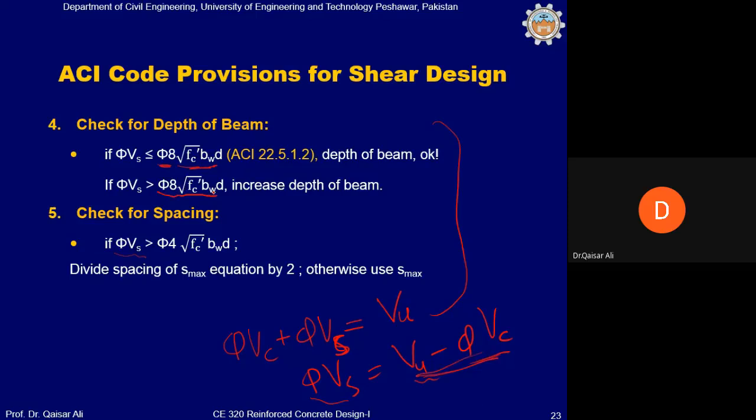दूसरा ये है कि अगर 5ES ये जो VU माइनस 5EC है, 8 टाइम्स FC प्राइम BWD से ज्यादा नहीं है, लेकिन 4 टाइम्स FC प्राइम BWD है, ठीक है ना। इसका मतलब ये है कि ये चीज असल में 2 टाइम्स 5EC है। 5EC इज 5 2 FC प्राइम BWD, तो ये 5 2 5EC है। तो अगर VU और 5EC का फर्क इतना ज्यादा है कि ये 2 टाइम्स है 5ES,